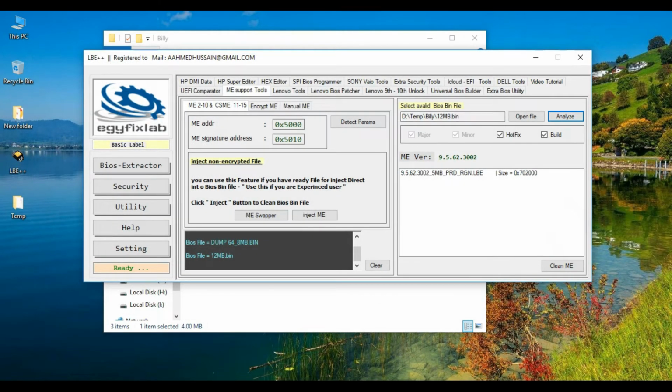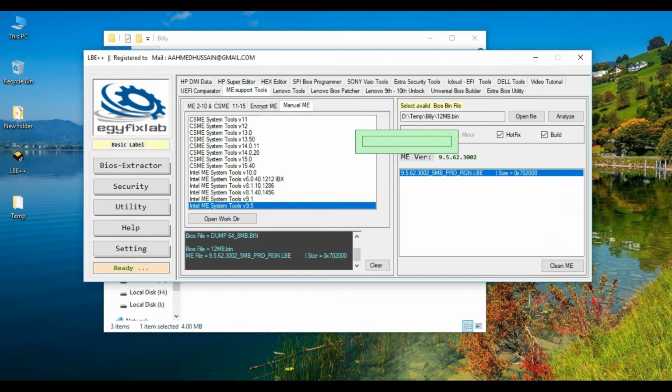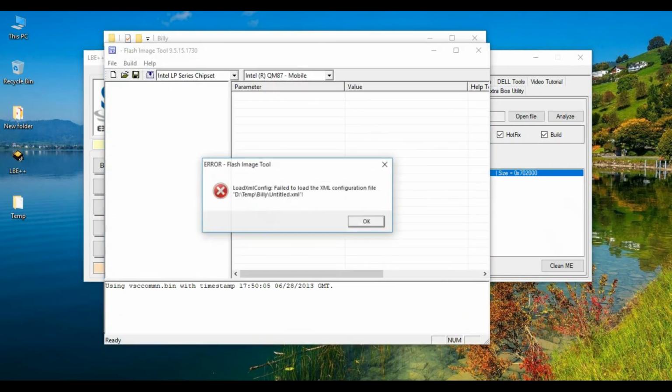Now we select this ME file and go to manual. Here the ME version is 9.5, so we select Intel ME system tools 9.5, double click it. Some error is showing, no issue.